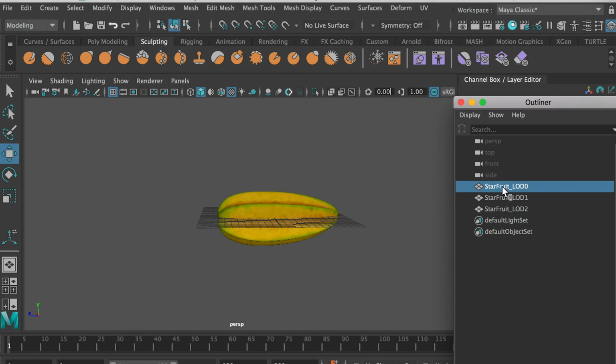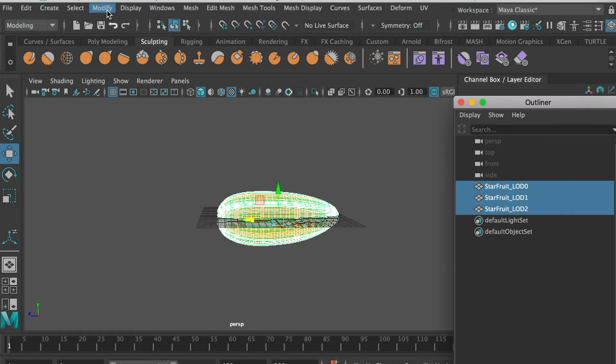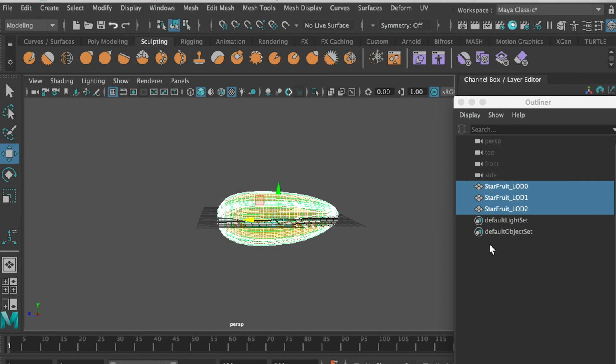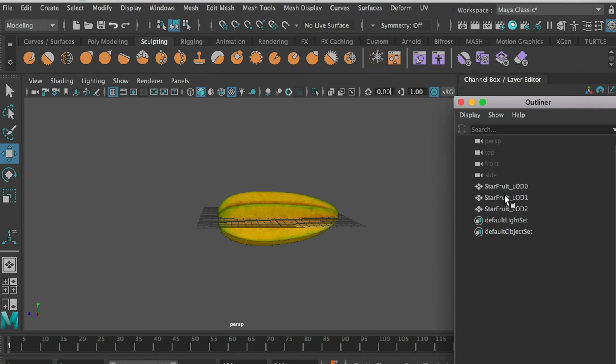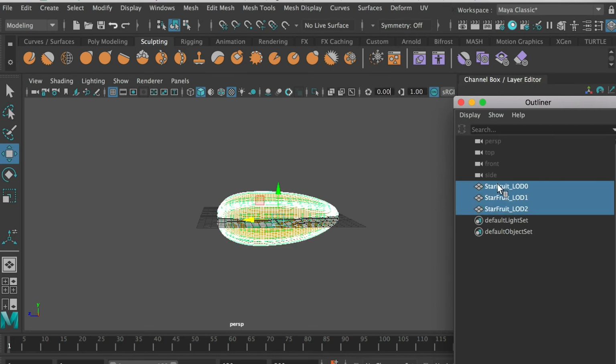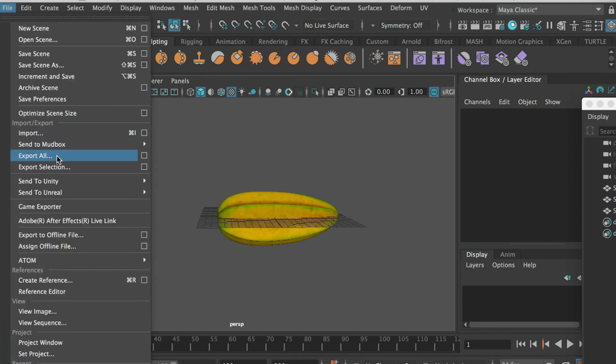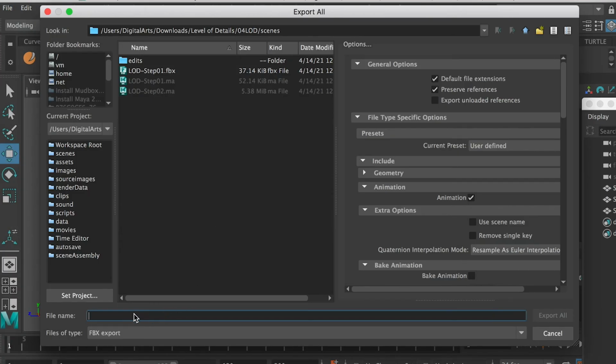Okay, and then I'm going to select all these 3 and go to Modify, Freeze Transformation, and delete its history, so it doesn't have any history file. And also make sure in your scene you only have these models. You don't have lights or any other objects. Okay, so as you get this ready, you can go to File and Export All, and you can export like star fruit level of detail. Okay,